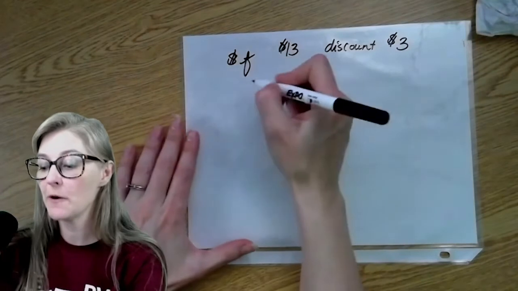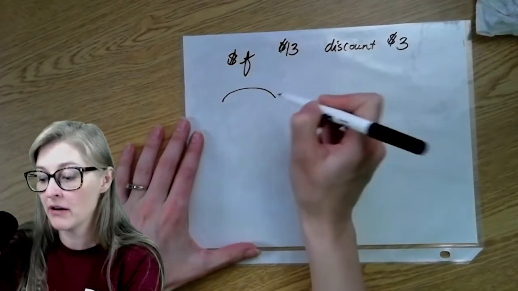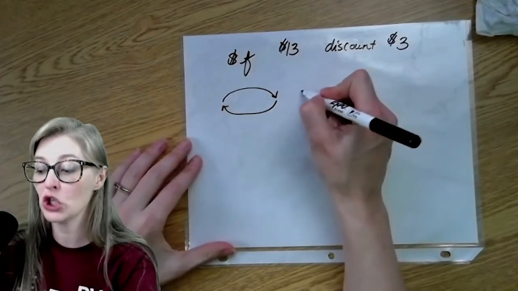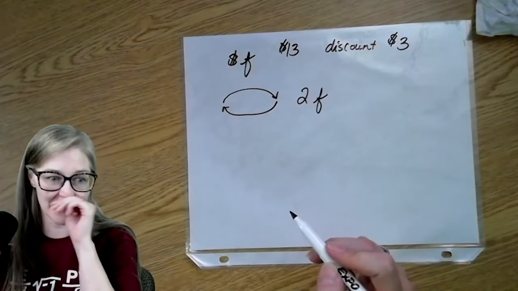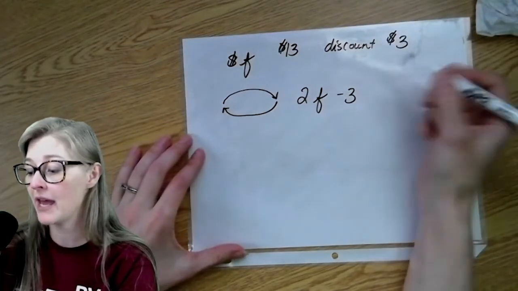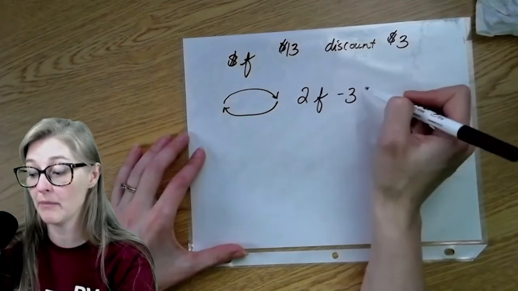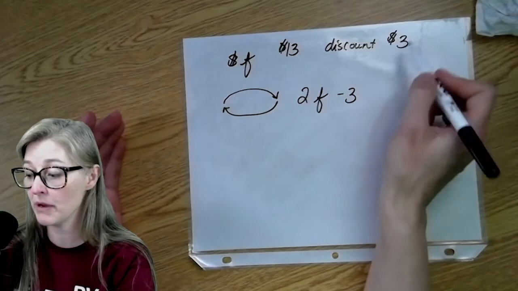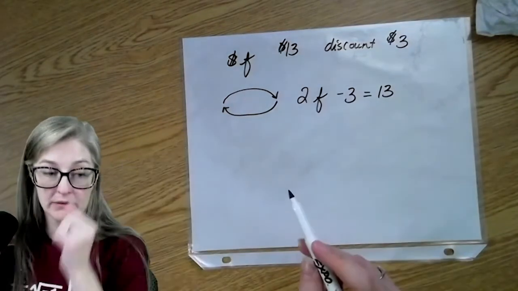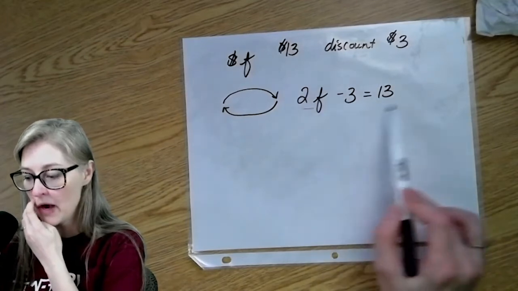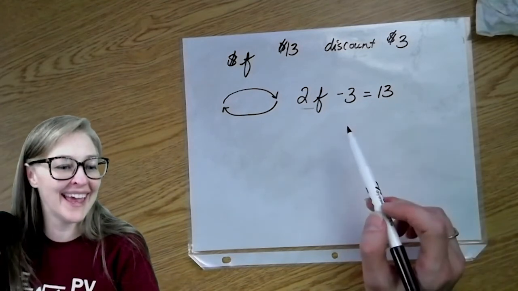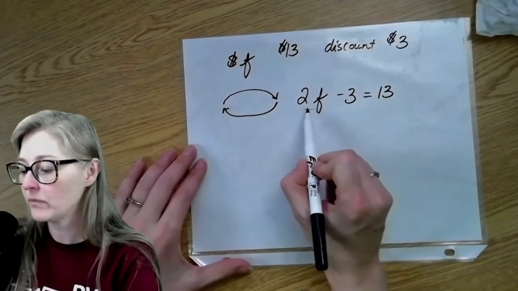Very exciting stuff. So this ticket, it's going to go there and back again, right? So I'm not just paying one, I'm actually paying for 2 of whatever this round trip cost is. But I know that this amount is going to be discounted by $3. So this way, if I figure out what the original price is for 2 of them, and I'm going to go backwards with my $3 discount, I can figure out what everybody else is paying. So $13. And when I get all of this together, I can go back and figure out the question, which is find F, yes, which gives the passengers a discount. So 2 times F,